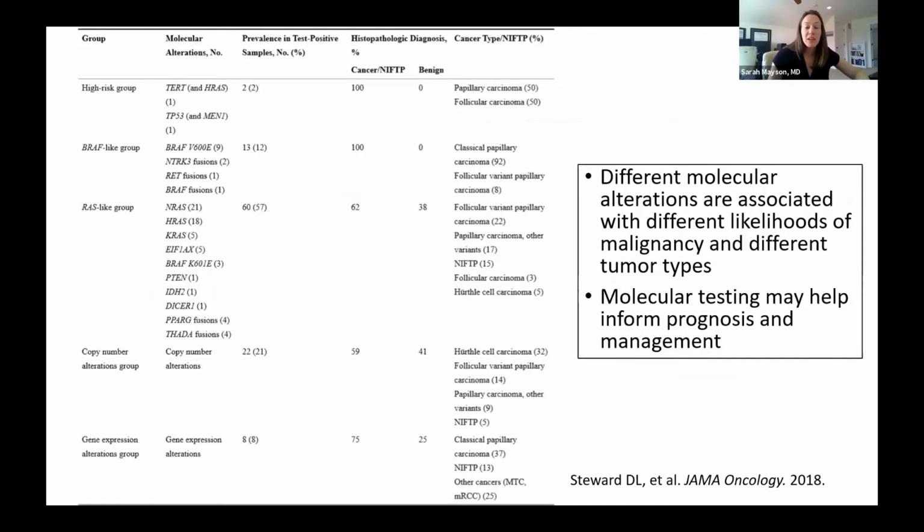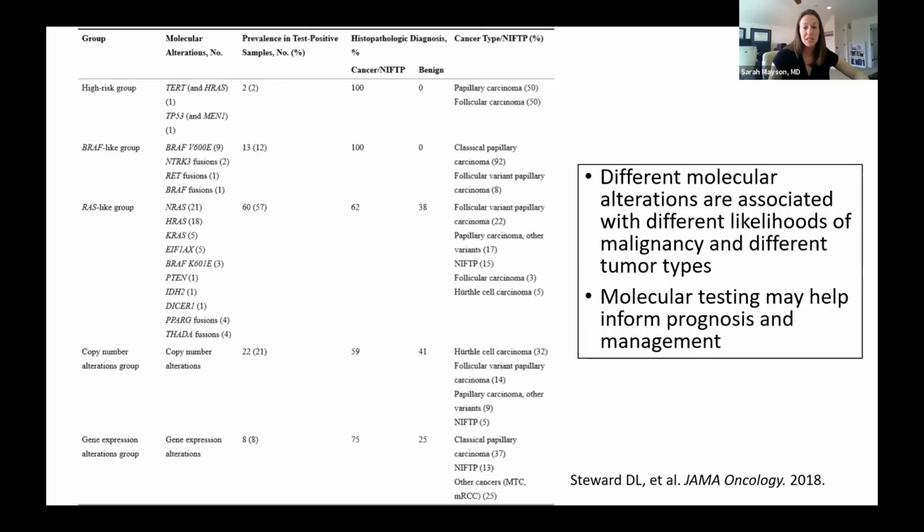So one of the other advantages of the ThyroSeq test and tests like this is that you can also receive information about the molecular alterations that are detected by the test. We know that different molecular alterations are associated with different likelihoods of malignancy or NIFTP and different tumor types, as Dr. Nikiforov presented earlier. For example, BRAF-like mutations were malignant 100% of the time in this study and most commonly